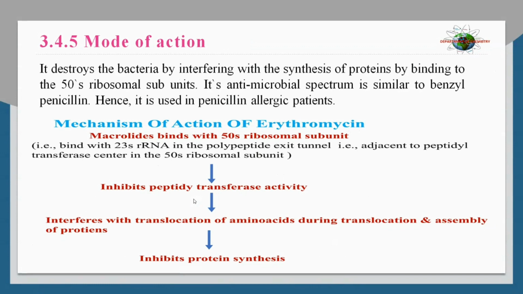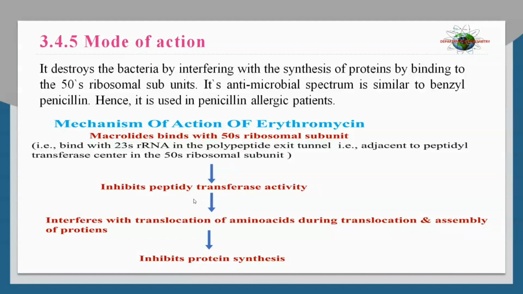substitutes to penicillins. Coming to the mode of action, it destroys bacteria by interfering with the synthesis of proteins by binding to the 50S ribosomal subunits. Its antimicrobial spectrum is similar to benzyl penicillin. Hence, it is used in penicillin-allergic patients. So this is the mechanism of action of erythromycin. Macrolides bind with the 50S ribosomal subunit, bind with 23S RNA in the polypeptide exit tunnel adjacent to the peptidyl transferase center in the 50S ribosomal subunit. Then it inhibits peptidyl transferase activity,